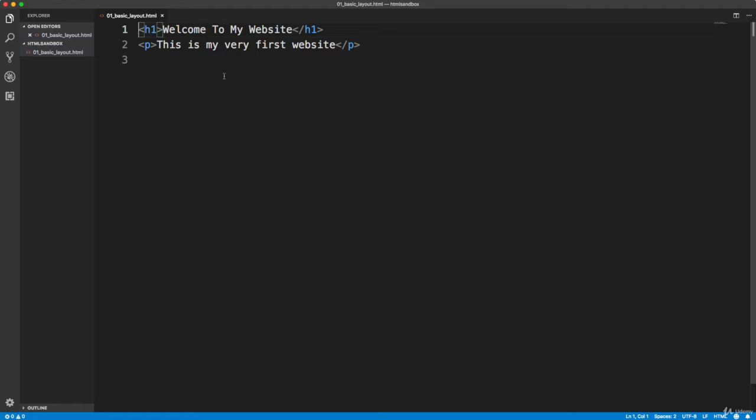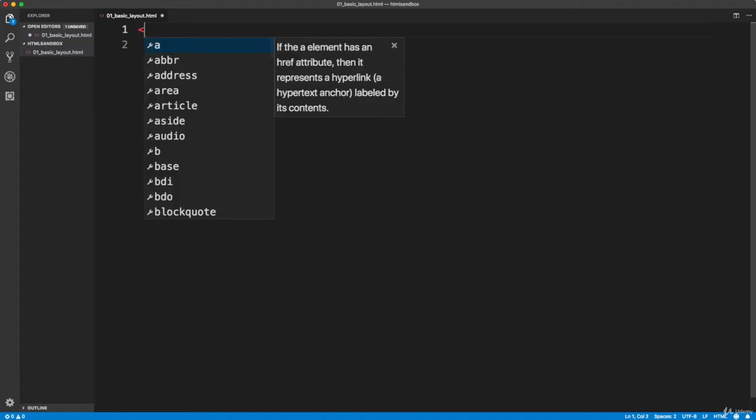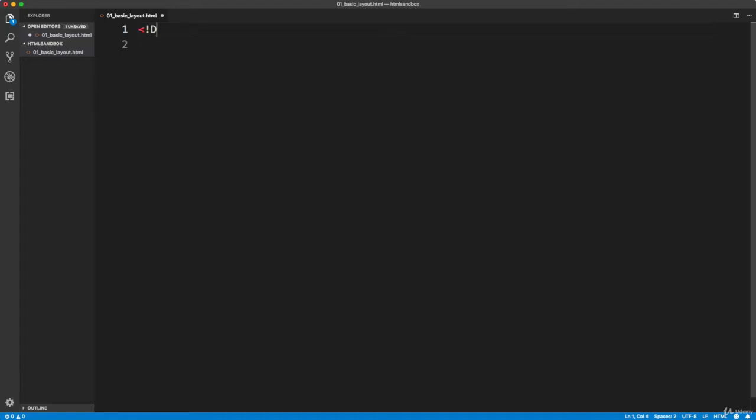All right, so basic layout of an HTML page. Let's actually just get rid of this for now. So the first thing that you're going to want on every HTML page is the doctype. Okay, so I'm just going to type this out. It's going to be an angle bracket, exclamation, DOCTYPE, usually all capitals, and then HTML, and then closing angle bracket. So this is a doctype, and what this does is it tells the browser what type of document